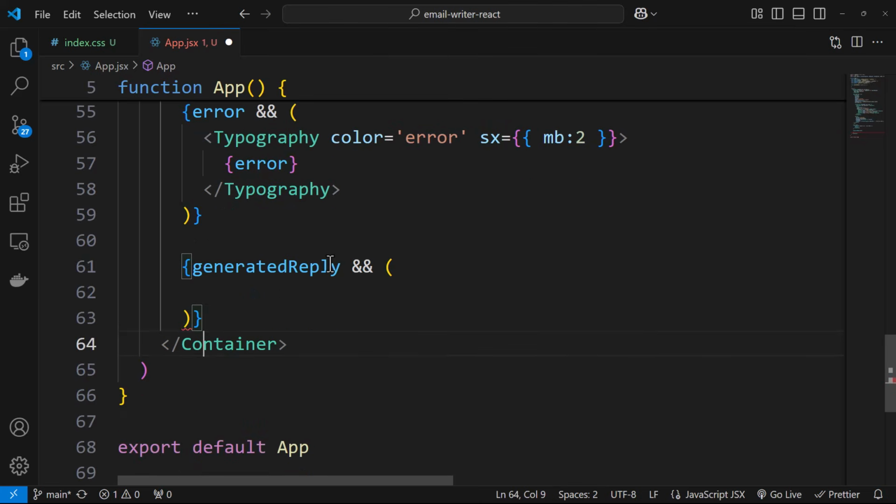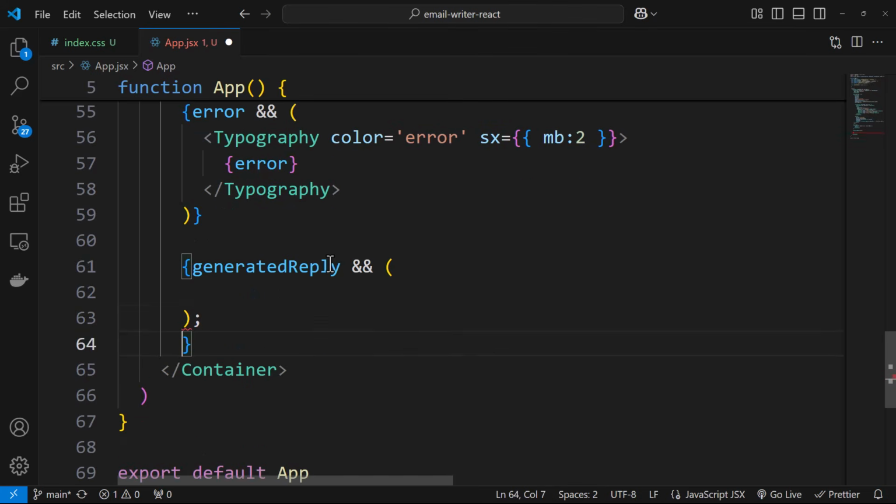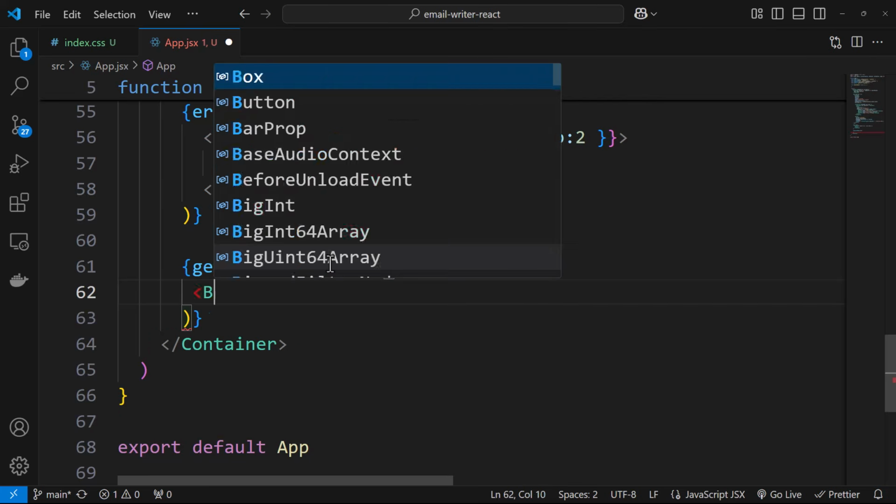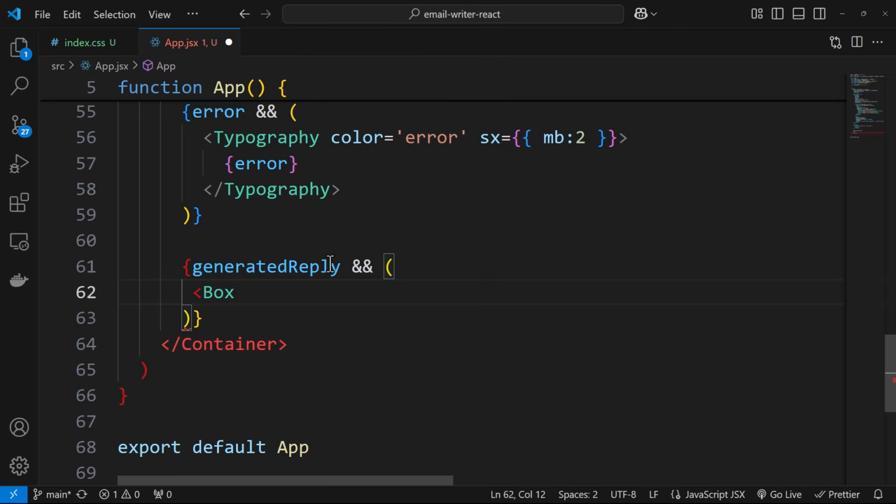It's showing an error because we don't have anything inside these round braces. So here I can say box. First of all, I'll end this box, and for box I'm going to say sx is equal to, empty,